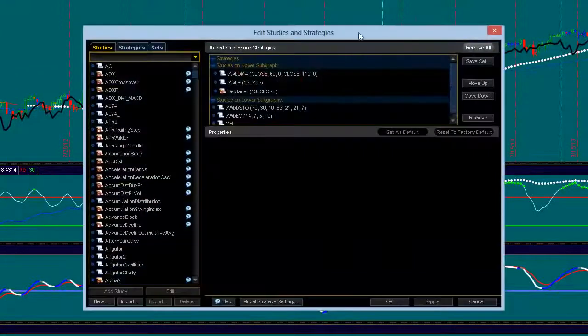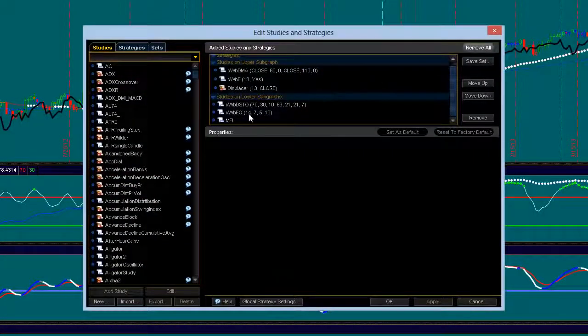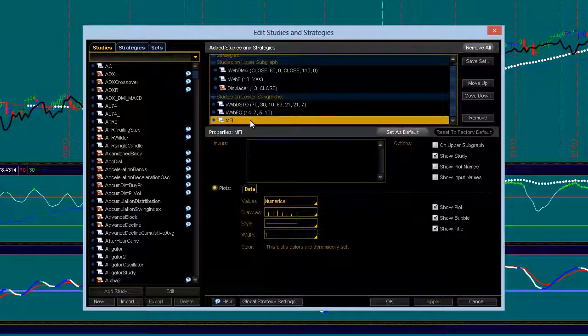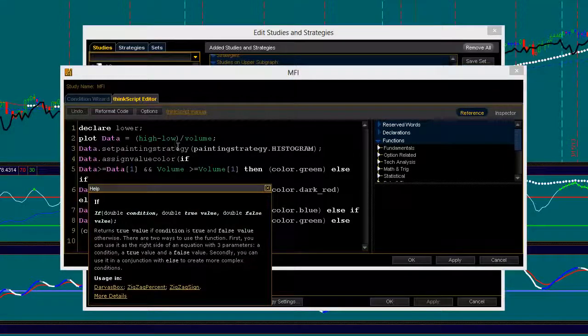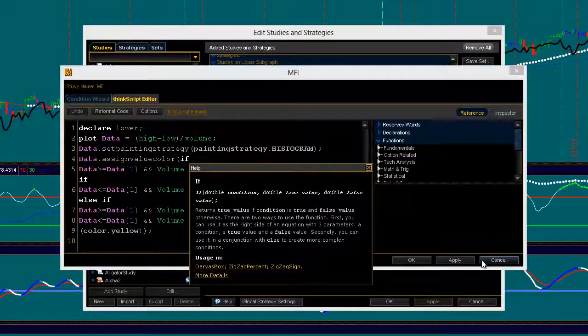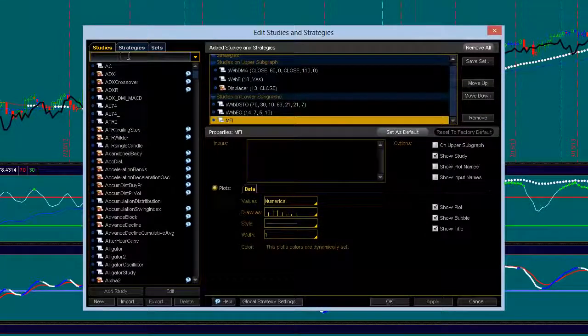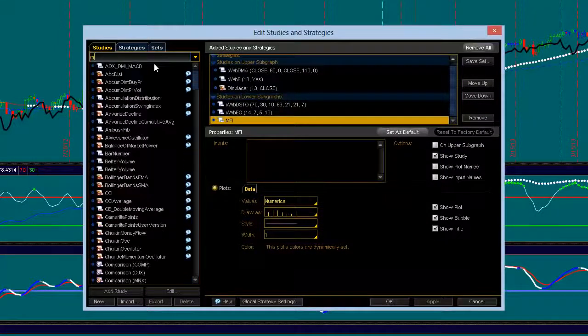So the market facilitation index, I was able to find it here. This was one that I created, and basically what it does is it looks at how easy it is for price to move in a range and how much volume is going with that movement. And I later found that TD created the instrument as well,